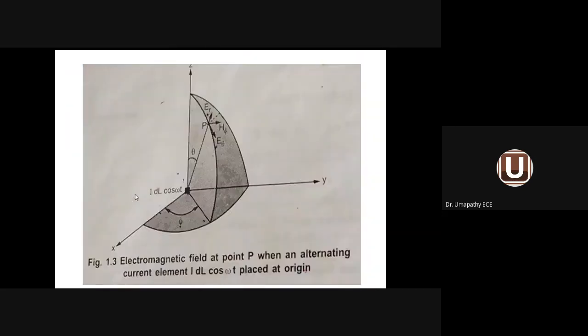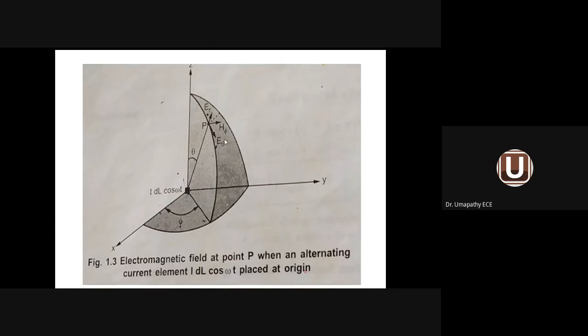Before that, what we did in the previous derivation, radiation from oscillating dipole, we have taken a smaller current element, ideal I cos omega t, at the center of spherical coordinate system. At distant point P, first we got a vector potential A Z. From the vector potential A Z, we got an expression for H phi. Using Maxwell equation, from H phi, first E R, then E theta we got. So in this topic, 3 expressions are very important: expression for H phi, then E R and E theta.